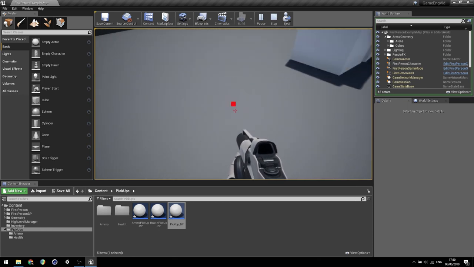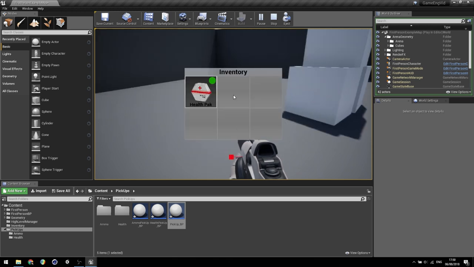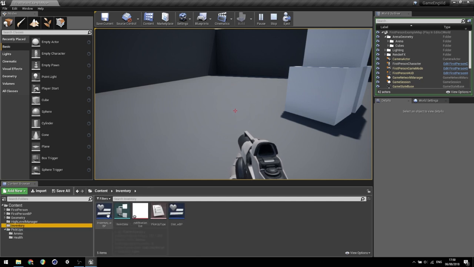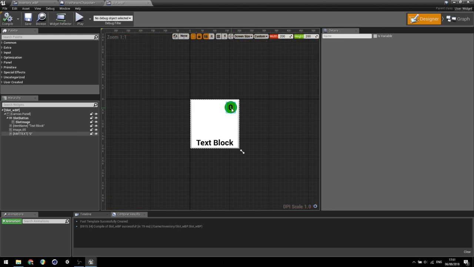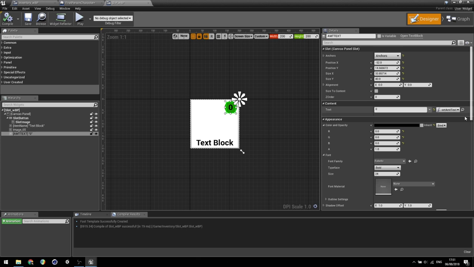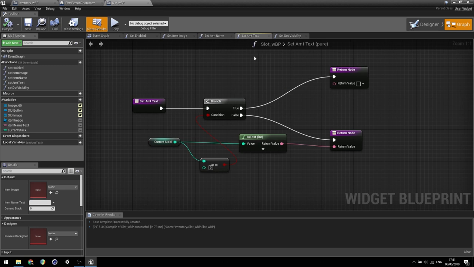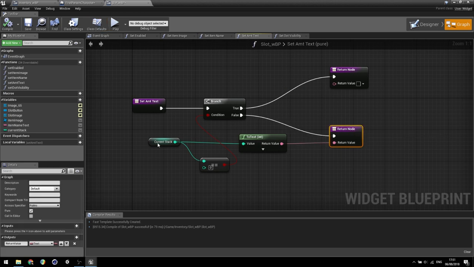For the health pack, if we press E, you can see that the object disappears. We can press the letter I on our keyboard and we can get the health pack button. Now there is one error in that the number is not pulling through. So we'll have to have a look and see what is going on there. So let's have a look at the set amount text. So if you go to the graph, set amount text, current stack is equal to 0. If that's true,